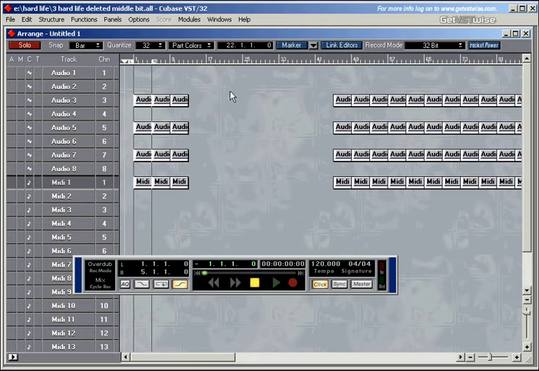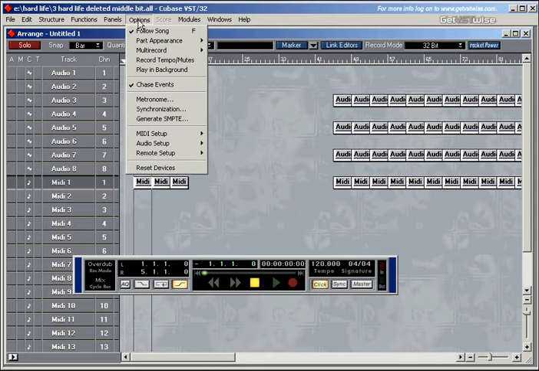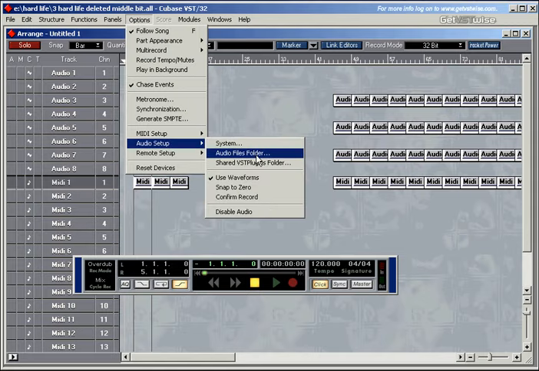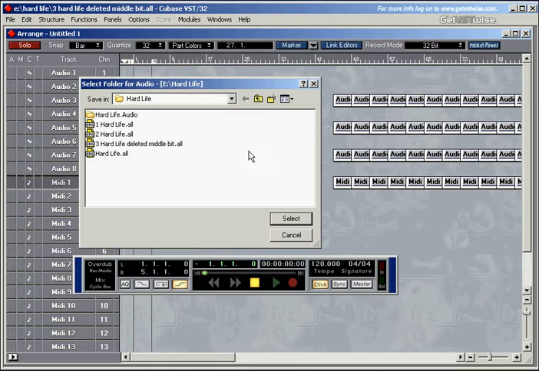Sometimes your audio files folder goes astray, and you can always double check in options, audio setup, audio files folder, whether the audio files folder is actually the one which comes up in here. And as you can see, it isn't quite. The folder which is here is Hardlive, and everything that you'd record in audio would go into the Hardlive folder, but not into the hardlive.audio folder. So I'll click on this one, open it, double click, press select, and now everything I'll record should go into this area here